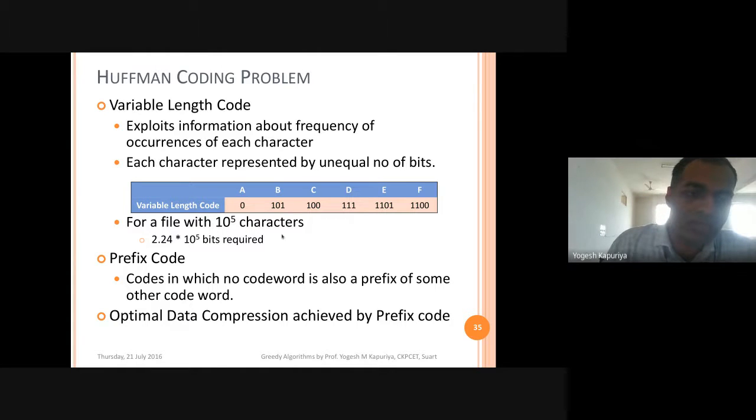Prefix code means that whatever code you decide for any letter, that code will not be a prefix of any other code. So if 0 is the code of A, then 0 should not be a prefix of any other code. That means no other code should start with 0. Similarly, if this is 101, then no other code should start with 101. That is called prefix code.